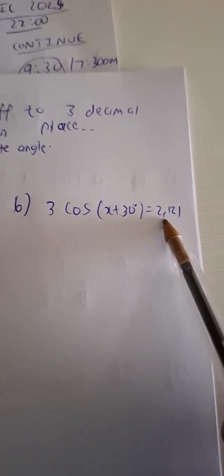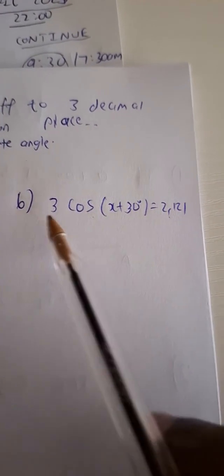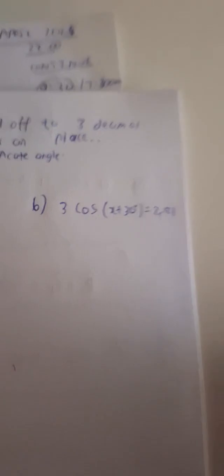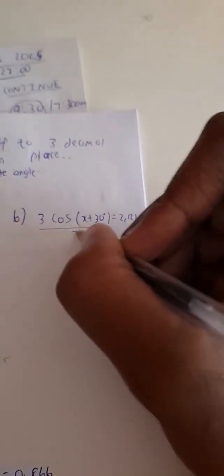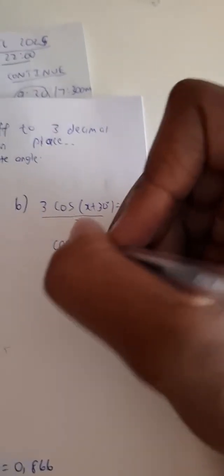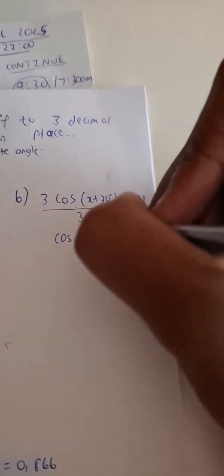Once again, the 3 is a coefficient that must go. We need to first take care of that. So we divide both sides by 3. Then we are left with cos(x + 30 degrees) is equal to, so we take our calculator, 2,121